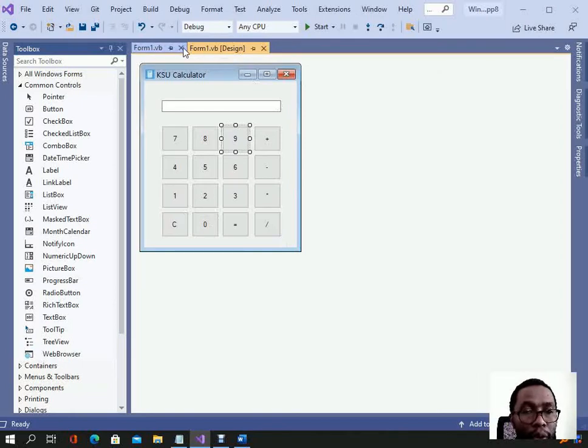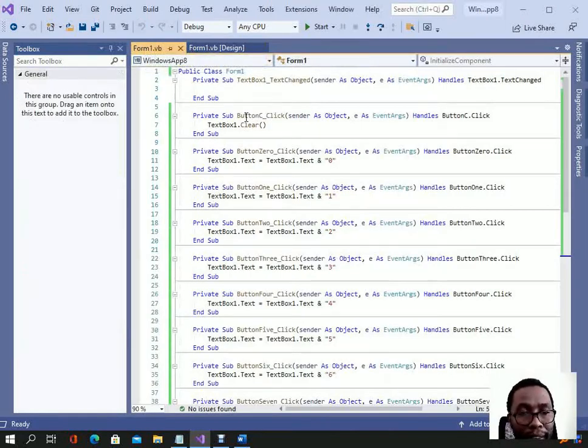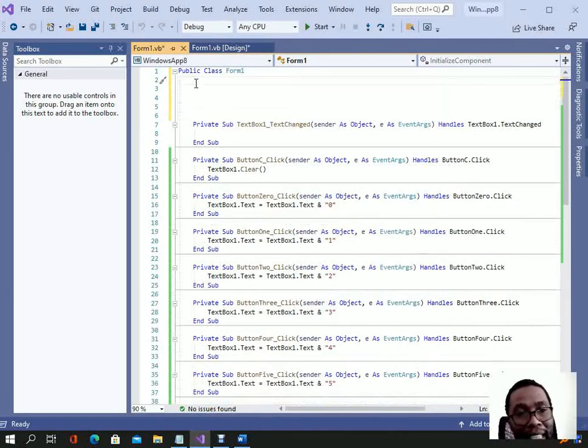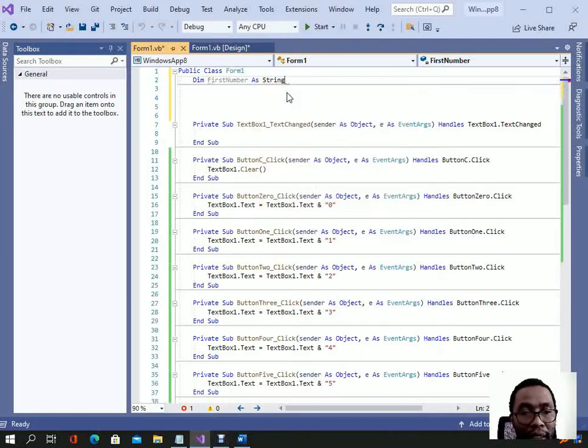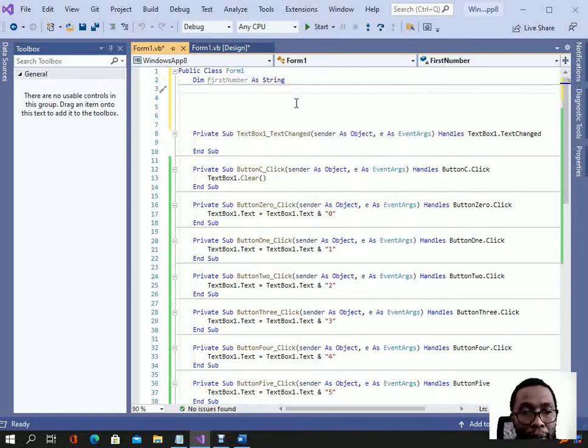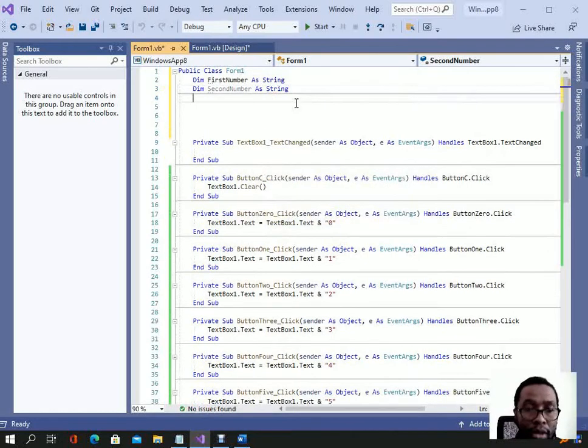Now we can go to this coding section. You can see we have a public section here, Form1. Let me make more space there. We can declare global variables here and they're going to be used anywhere in this program. And now let's have our first number as string, so that if you have a long number which is a decimal or something like that, there's no problem. In this case, we take them in as string and then we'll manipulate them and then we'll get the answer. Now, and then Dim second number as string,